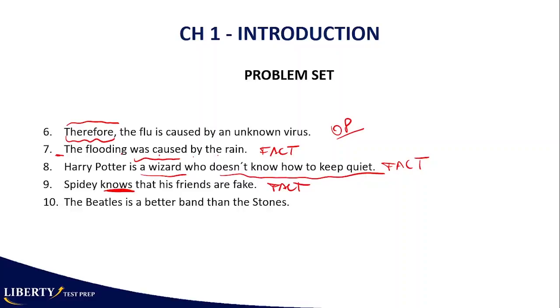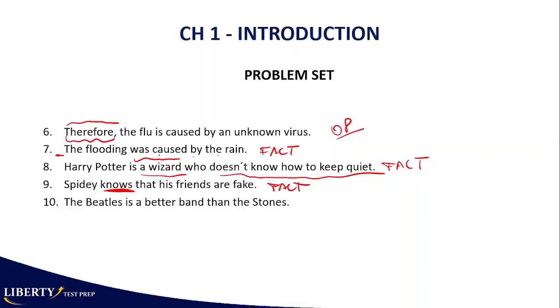Okay, it would have been different again if the author had. It is clear that Spidey knows that would have been a different thing, because then the author would be revealing that actually he's coming up with this concept. Okay, but the way things are now in number 9, there are no keywords for opinions, so it looks like